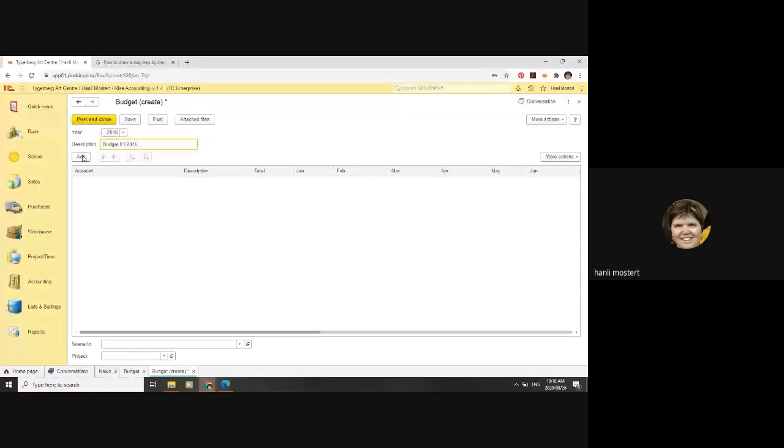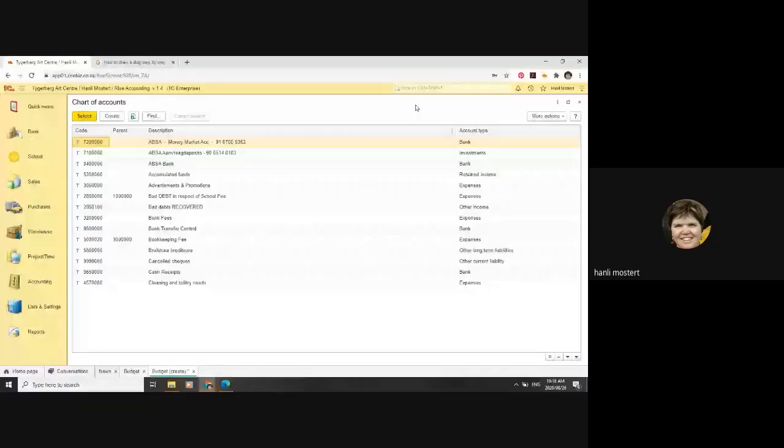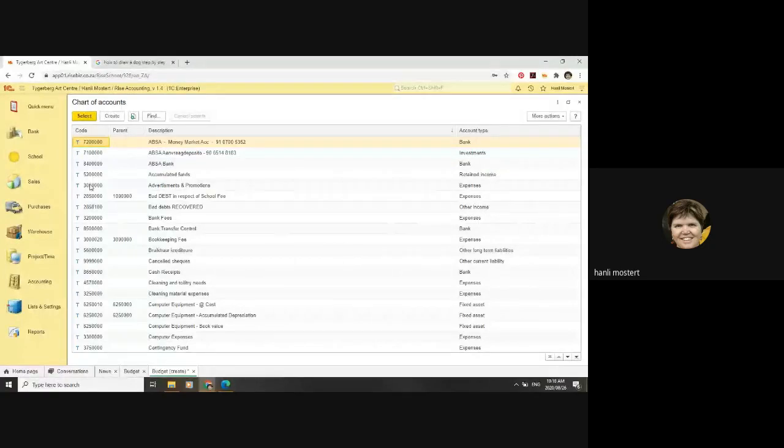And the nice thing is, if you do that and you say show all, immediately you get a box of all your chart of accounts. Now I'm not going to do everything, I'm just going to do a couple. So for instance, in my budget is my advertisements and promotions. So you can select